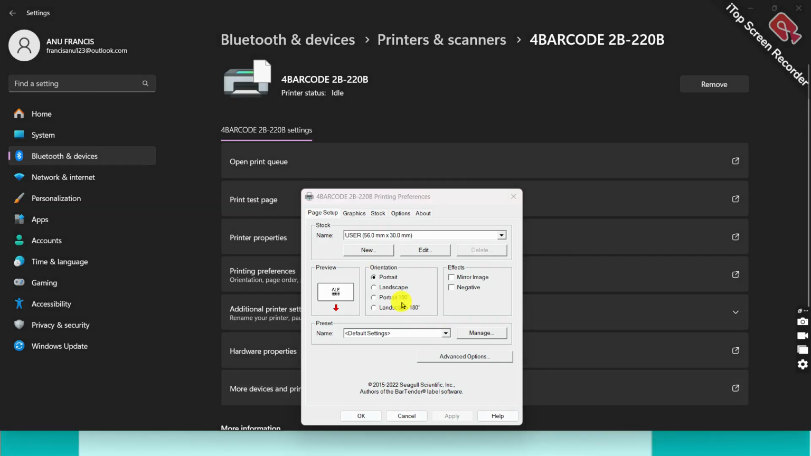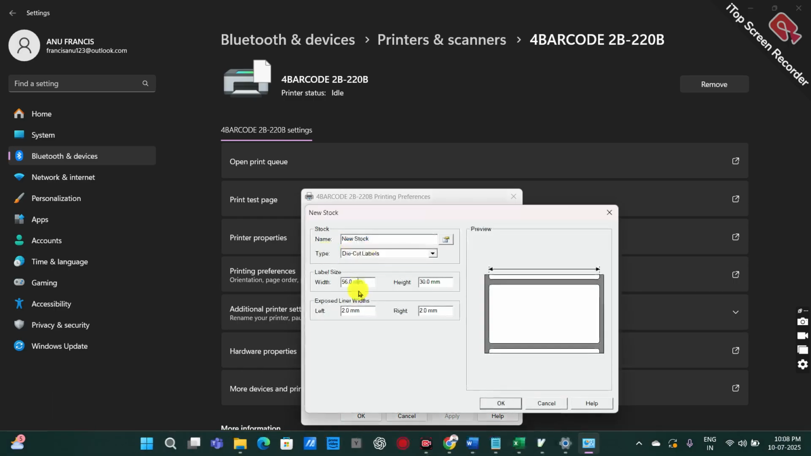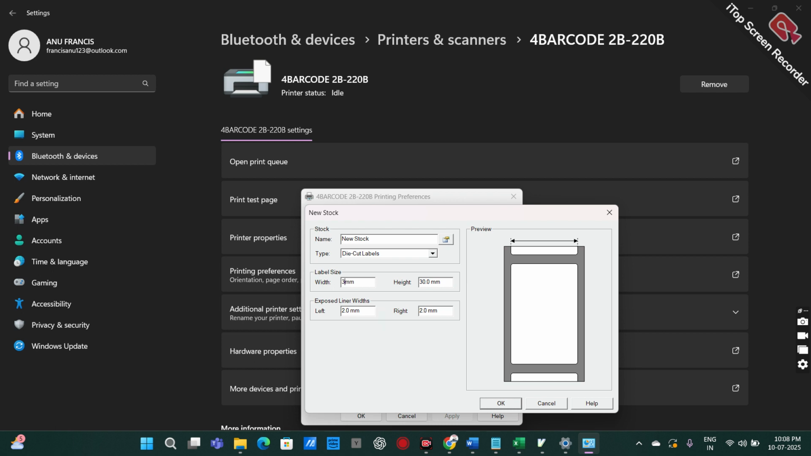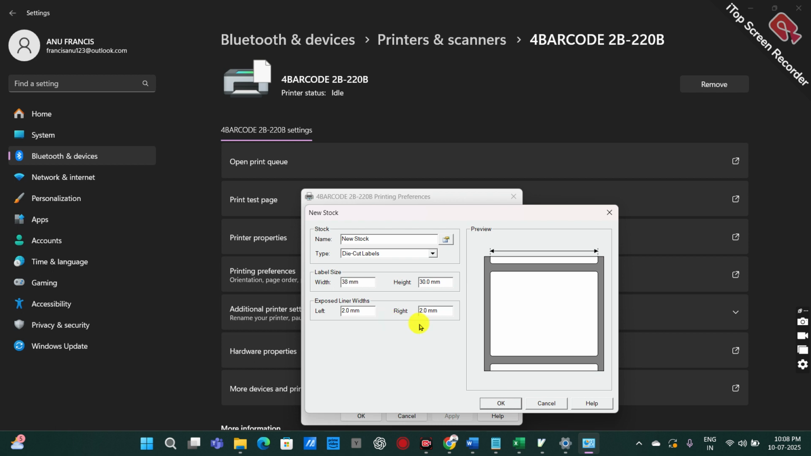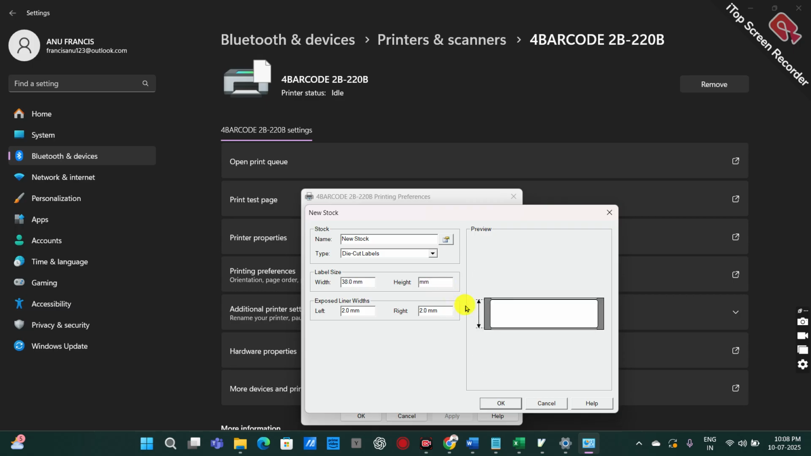Okay, so here you can set the barcode label size as per physical barcode label size. So I'll change the label size width as 38 mm for 3.8 centimeter and height as 25 mm for 2.5 centimeter. Okay, now click on OK here